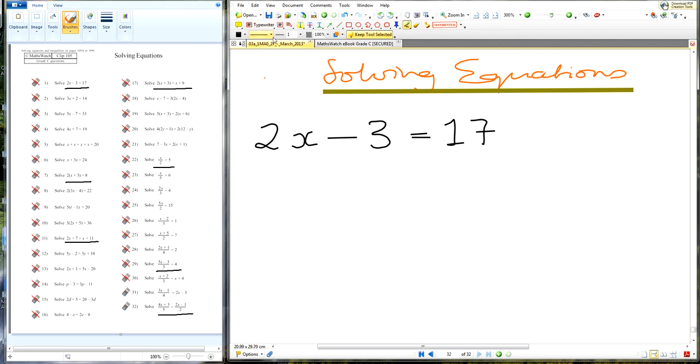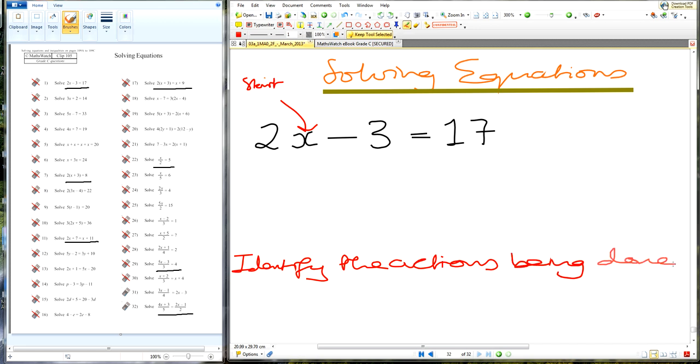Right. Okay. There's our equation. It says solve it. What do they want us to do? They want us to work out the value of x. So we start at x. Now when you start at x, what's the next word? We need to identify the actions being done